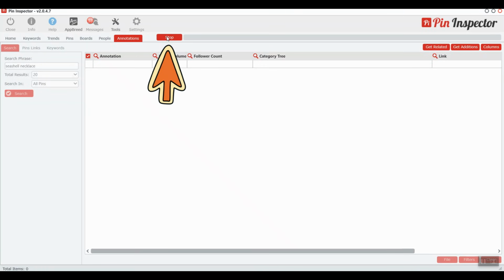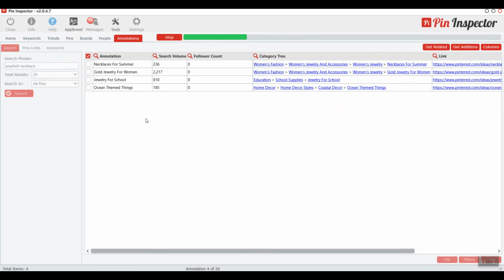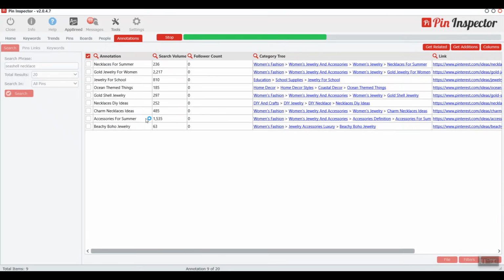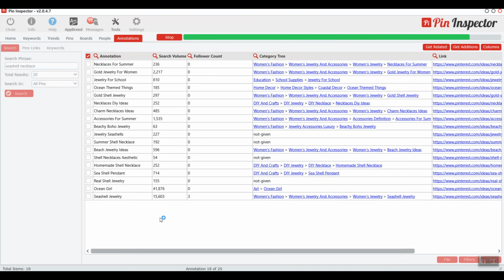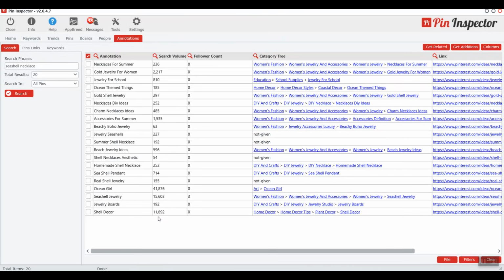And up here it's working, and it will go into Pinterest and pull in the annotations that are related to seashell necklace as far as Pinterest is concerned. So that's the important thing, is that these annotations are related to the phrase seashell necklace in Pinterest's opinion. So the first thing you need to do is take a look to see which ones of these